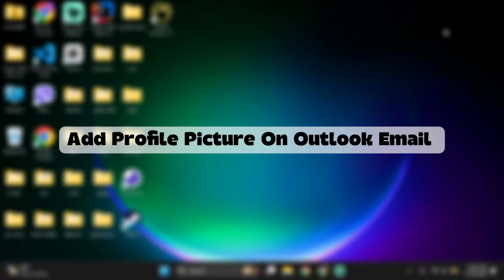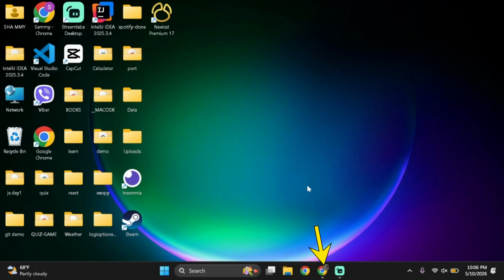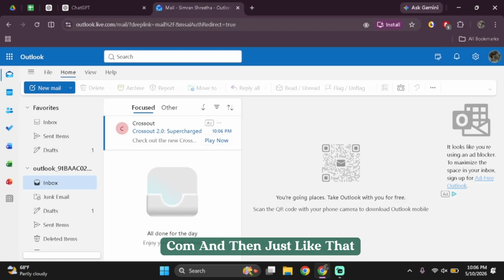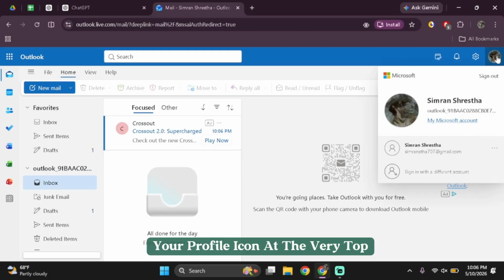How to add a profile picture to your Outlook. Let's get started. For that, first of all, you want to go ahead and simply open up your browser. In the search bar, search for outlook.live.com, and then just like that, sign in to your account using your Microsoft account. Once you sign in, you can go ahead and simply tap on your profile icon at the very top,